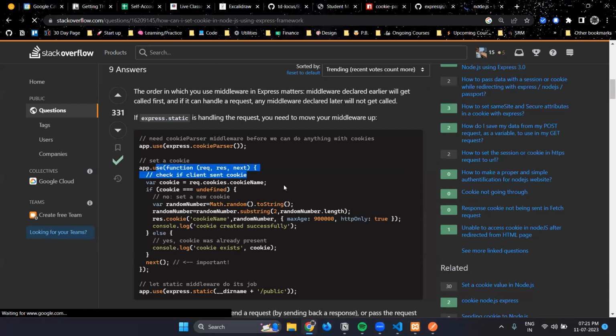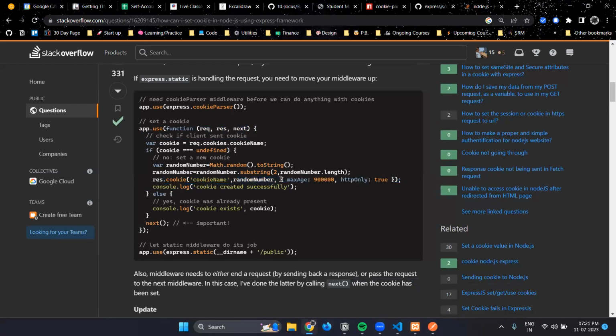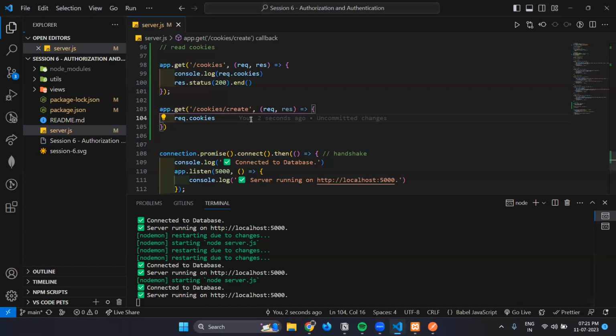Yep, got it. So response.cookie takes in the name of the cookie, the actual content of the cookie, and various other parameters like how long the cookie should be valid for, and whether it can be accessed only by the server or by both the client and the server. Okay, so let's just write it out. So response.cookie